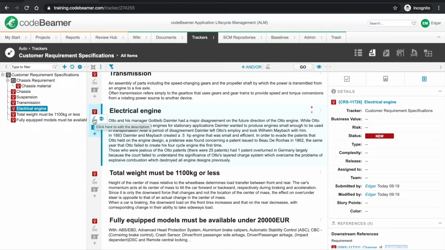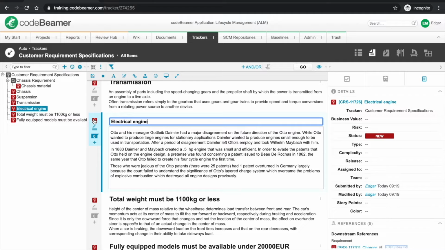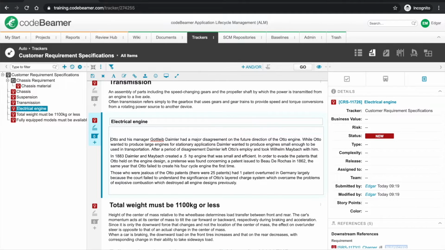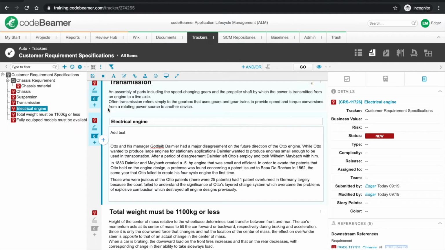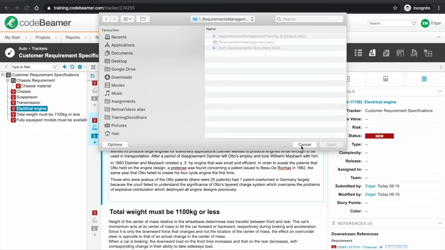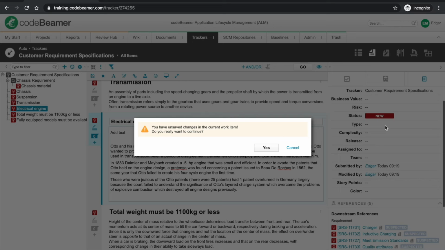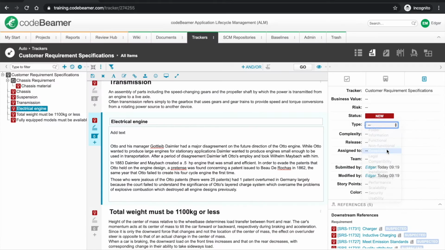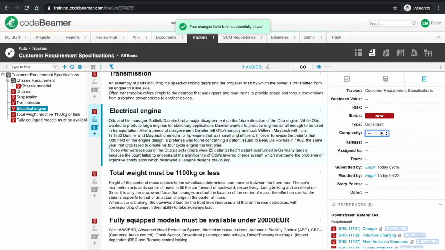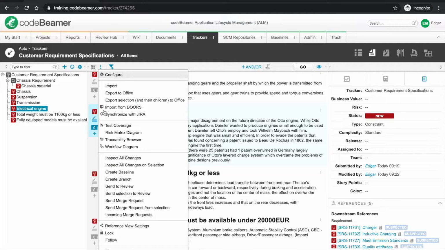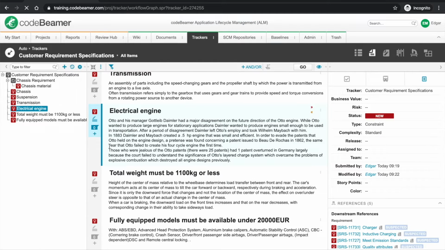I need to hit the inline edit button, and then I can add text. Using the quick insert, I can also insert an image or a table from my file system. On the right hand side, I'll change the type to a constraint complexity standard. As I hit the More menu, I can review the workflow diagram, which gives me an overview of the